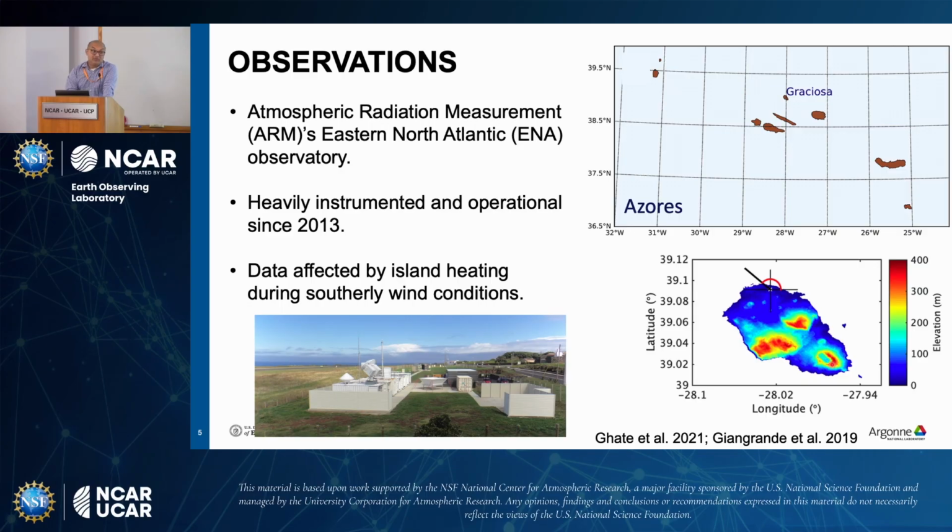There are about 5,000 people who live on this island, and they pollute just like all of us. We did past studies, 2 studies, where we showed that if the wind is not from this marine sector coming from the south, then the observations are affected by island heating, because the land heats up and affects the air above it, forming clouds and changing thermodynamics, all of those things. So that's a problem. For the rest of the analysis, we only use data from this marine sector, the northeasterly sector in this case, to constrain our observations to marine conditions.